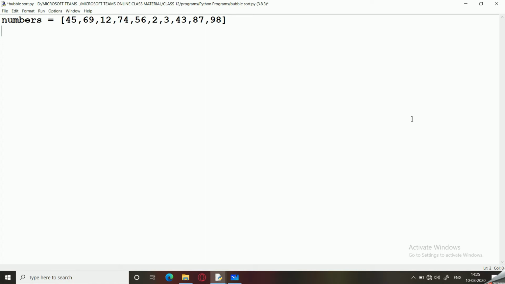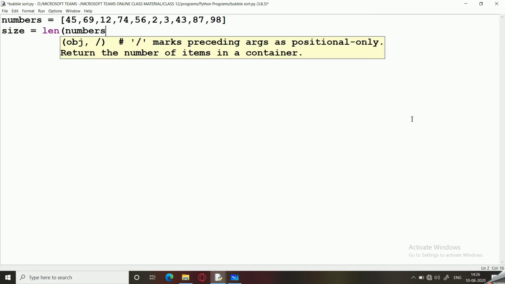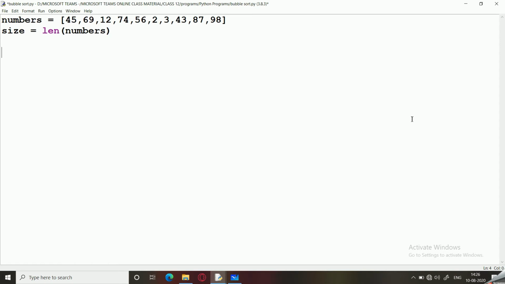So this is numbers, and now we are going to use these numbers for bubble sort. And I'm going to take a variable size which will store the length of the list.